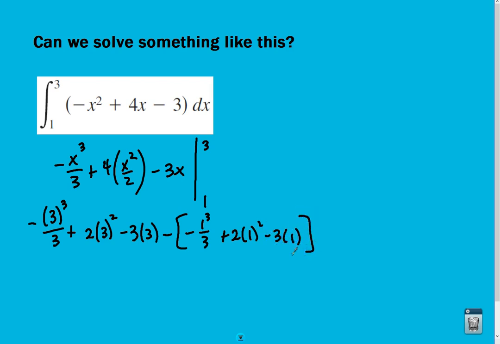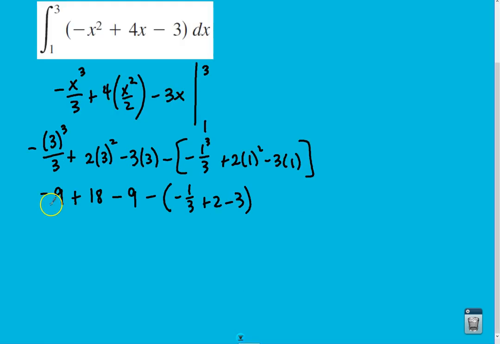Okay. And I'm going to end up with, let's see, 27 over 3 is 9, so negative 9 plus 18 minus 9 minus 1/3 plus 2 minus 3. So then those are going to all cancel each other out. That's a 0 minus, and then let's see, 2 minus 3 is a -1, and a -1/3 makes it -4/3,